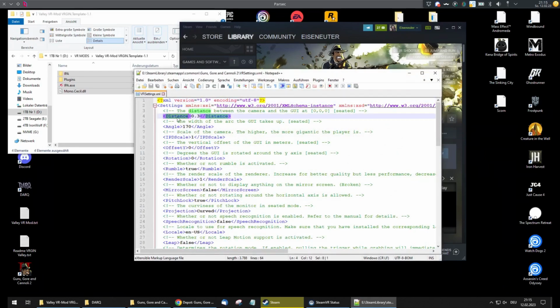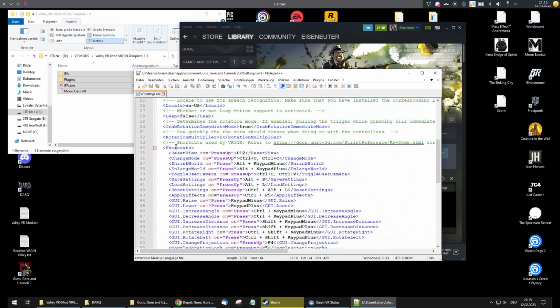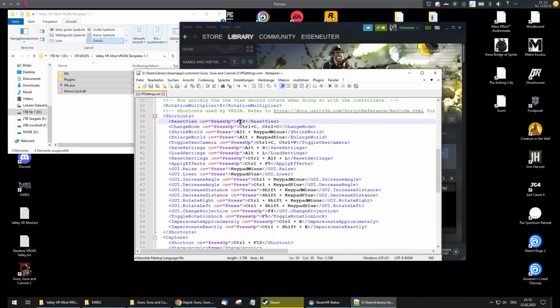And you can see here there's quite some parameters that you can adjust. I found that tinkering with the IPD scale can be helpful if the game is shown too small or too big. This goes up to 50 actually. And note that down here you will have some shortcuts for the mod itself. F12 to reset the view,